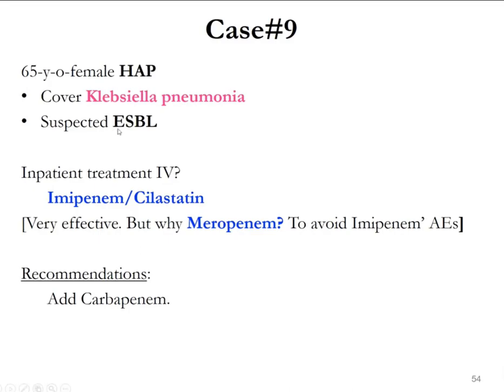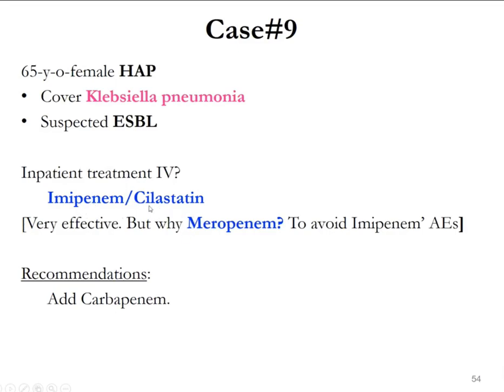Next case, you have a patient with a Klebsiella pneumonia. The patient also has suspected extended spectrum beta-lactamase, so you need to add that specific drug. Okay, this is a direct indication. Like I said earlier, I don't usually teach you to just memorize like that. All this content I put in the slide, you can trust and study. Okay, please study. But I'm saying directly I can say that because it is indicated specifically for Klebsiella pneumonia, works